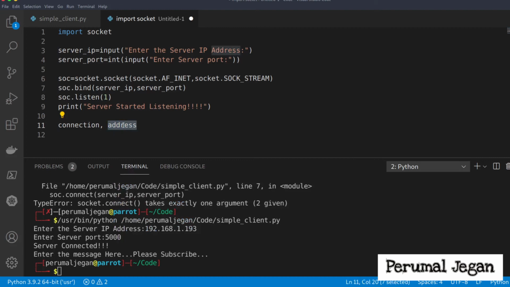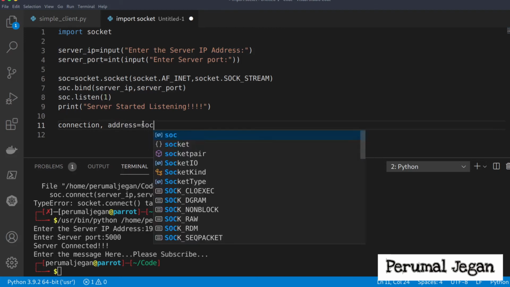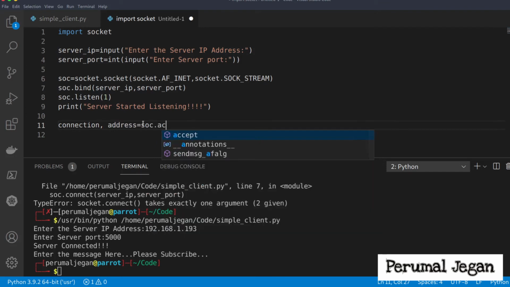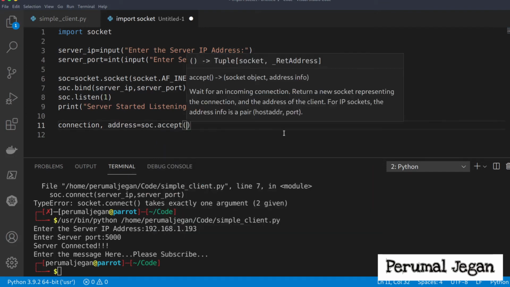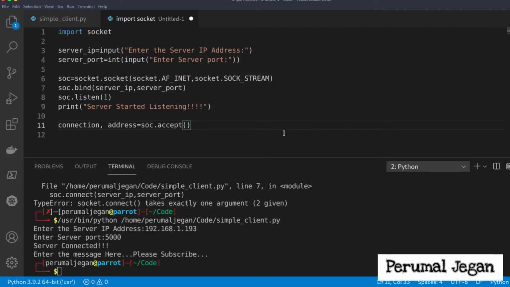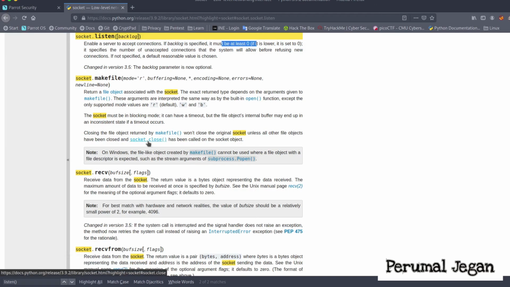The client address is connecting with my server, equal to socket.accept. Now the accept function is created. Let's study that.